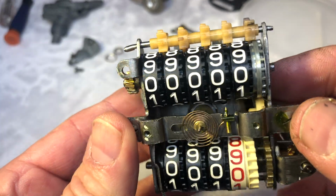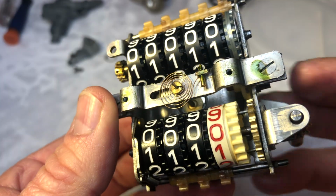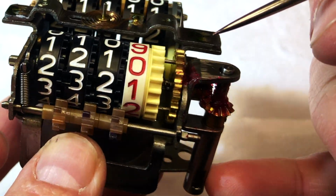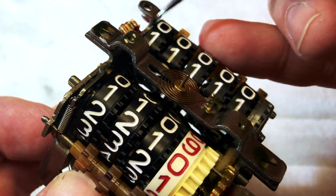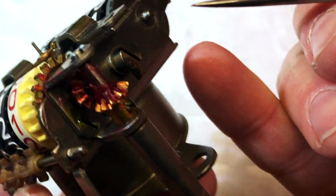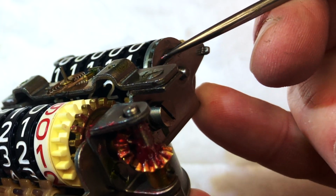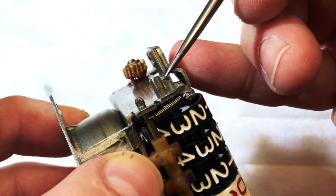So we got everything reset back to zero. We just need to lubricate this and start putting it back together. A petroleum grease on our gear set here, right behind this gear here, this gear over here. And then I'm using a regular 30 weight engine oil in between here and this shaft, and also down this